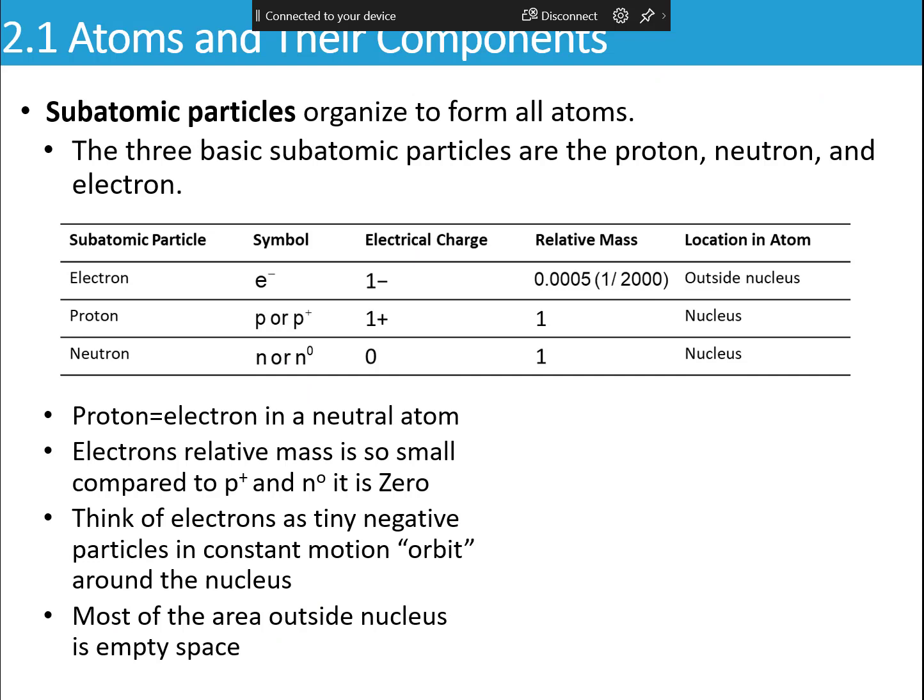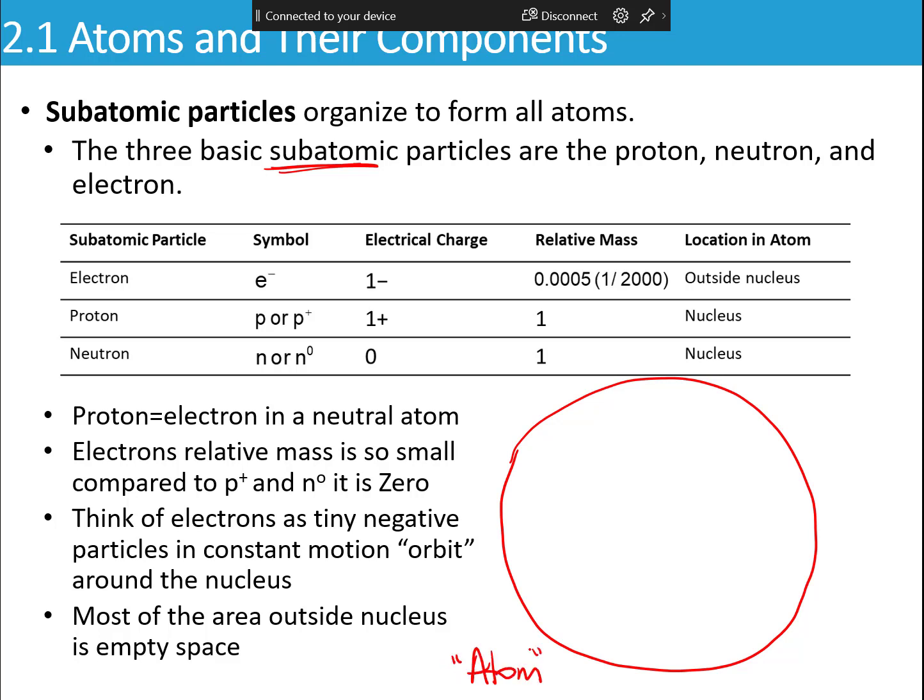So the first one is if we're talking about matter, we're talking about pure substances all the way down to the elements. Looking at individual elements, they studied and did research and finally determined that atoms are not the smallest indivisible unit of matter, that the atom is actually made up of what they call subatomic particles. Subatomic particles just means that they're the particles that make up the atom. So if I draw an atom,